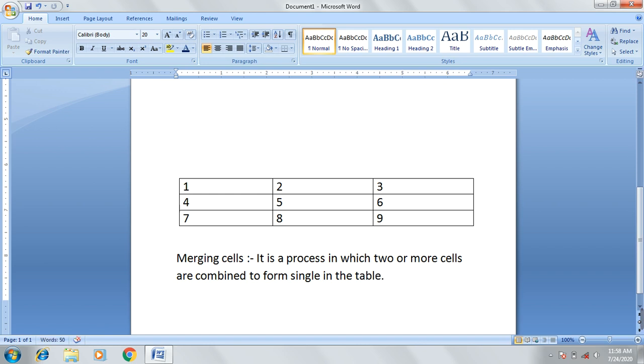So in the process of merging, we select two or more cells in the table, and we combine all those cells to form a single cell in the table.